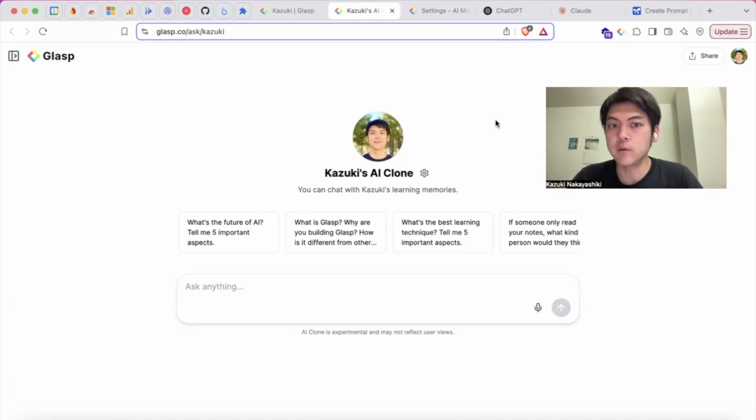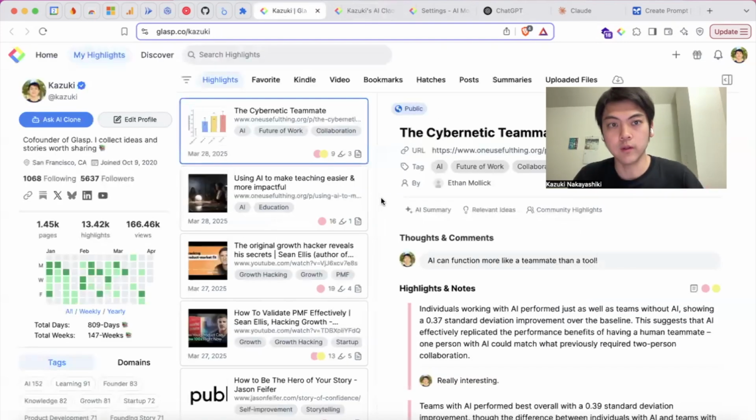So today I'm going to show you how you can use your learning memories generated by Glasp. Glasp is a web highlighting and annotation tool. You can highlight and leave notes when you find interesting ideas while reading web articles, YouTube videos, or PDF files. Then, based on the things you collected, like this list of my highlights and notes,